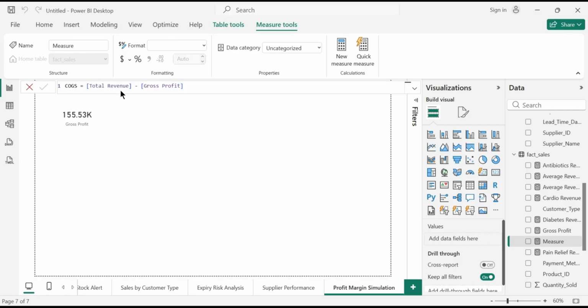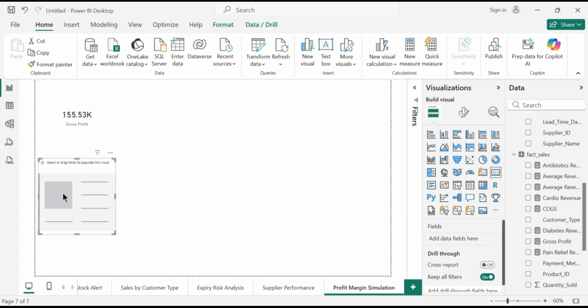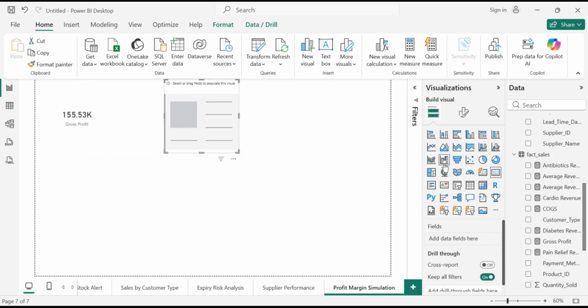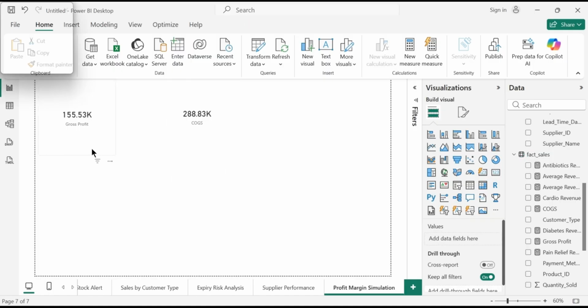Just like that, hit enter on the keyboard and we'll basically have a new measure there, COGS. Click on a card there, then I can actually bring it to the center like that. Then make sure it's actually selected. Then you just have to tick on cost of goods sold. So it's basically 288.83K. Given that we also have the gross profit and we also do have the total revenue, then you can